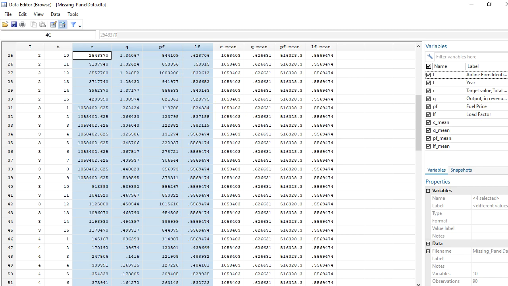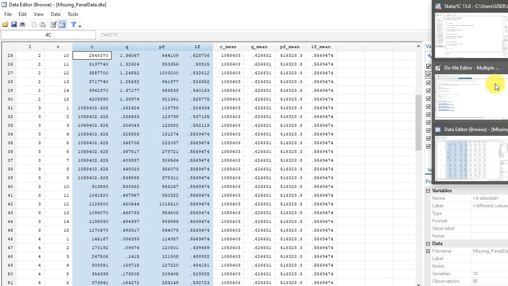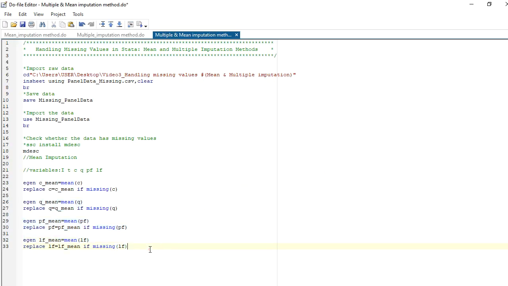So how do we know that? So what we do is this. To check whether the data now has any missing values, first let us drop the new variables that we have just created. We have no need of them. So now we are going to drop